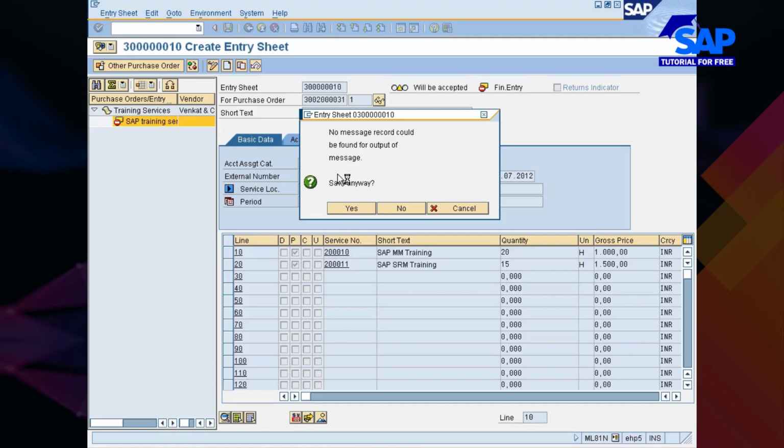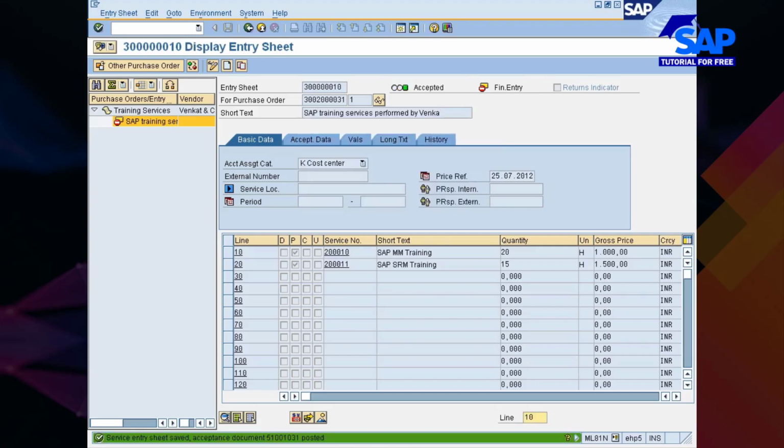Because the service entry sheet has to post 2-3 documents. One is the service entry sheet, second is the material document, third is the accounting document. You know why? Because we have accepted the services. Services accept చేసారు కాబట్టి అకౌంటింగ్ డాక్యుమెంట్ క్రియేట్ కావాలి. మొత్తం మీద 3 డాక్యుమెంట్స్ జనరేట్ చేయాలి. So therefore it takes time. Now you see there, service entry sheet saved, acceptance document